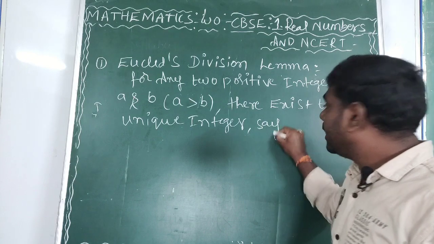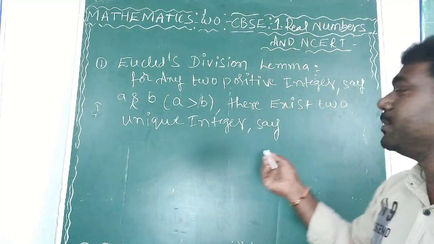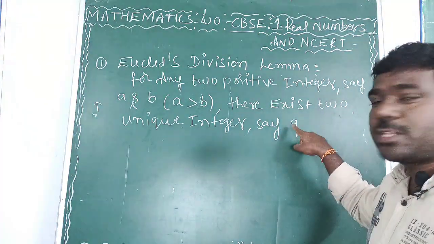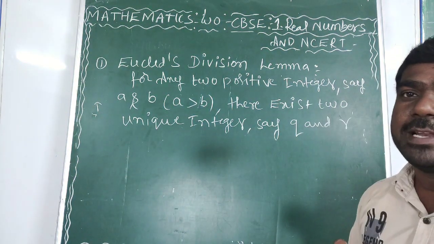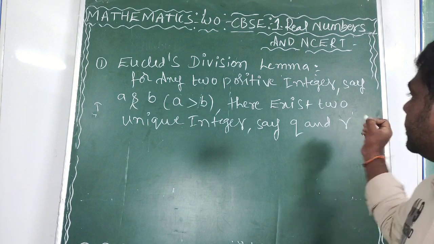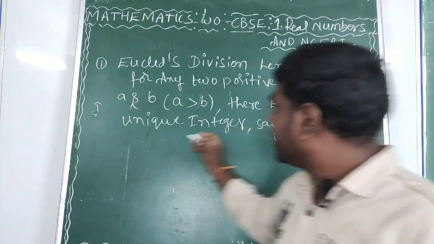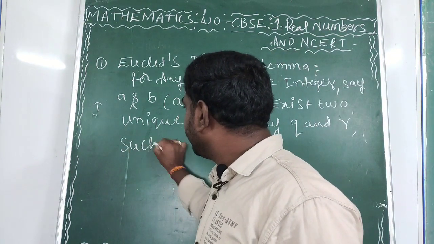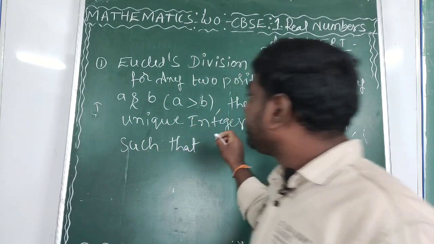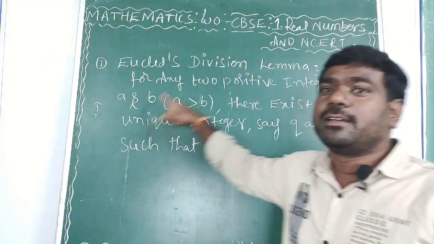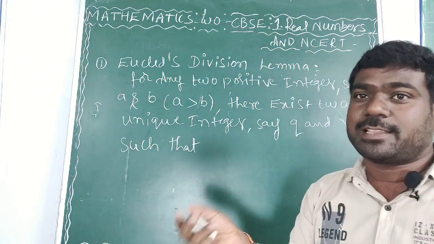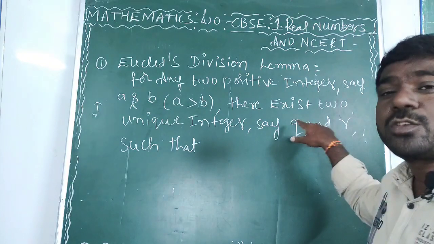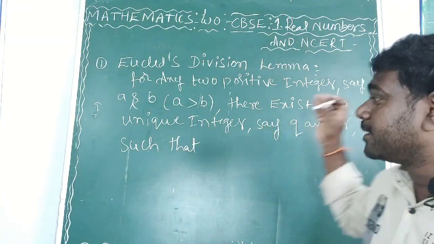What are those here? What are quotient and remainder? Q means quotient and R means remainder. So such that, we divide two numbers, there exist another two numbers, two integers, Q means quotient and R means remainder, such that